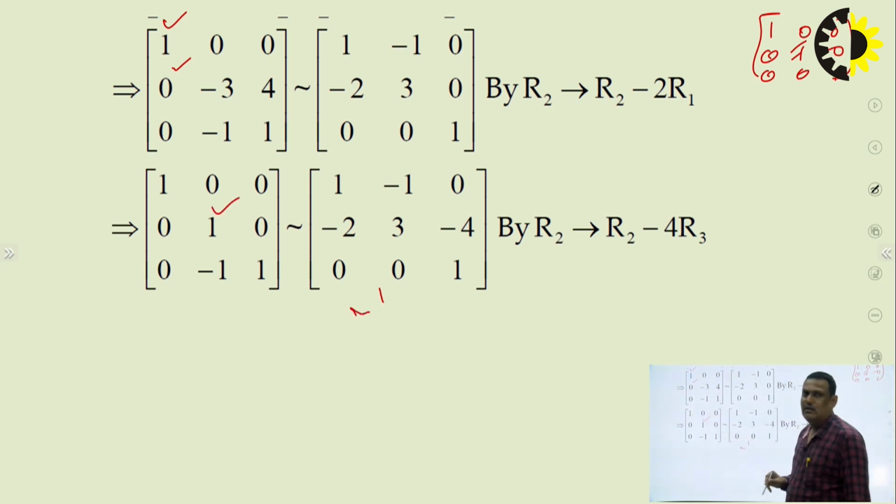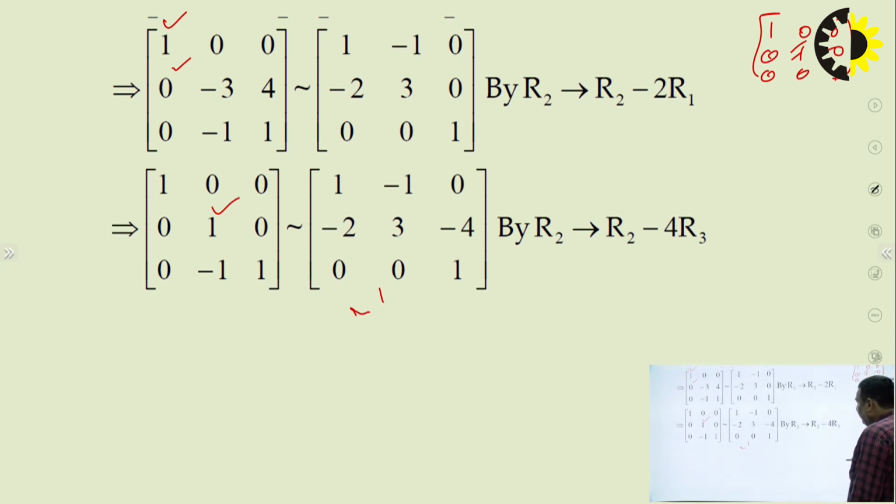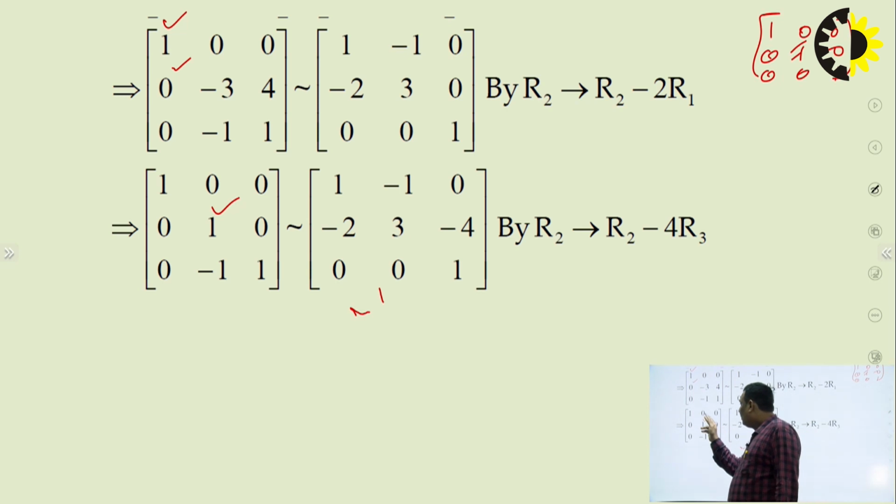Result has now 1 here, A22 is 1. Okay, 1 0, or same operation R2 minus 4 R3 in right side, minus 2 3 minus 4. Okay, now A22 is 1, so with the help of A22, A12 is already 0 but